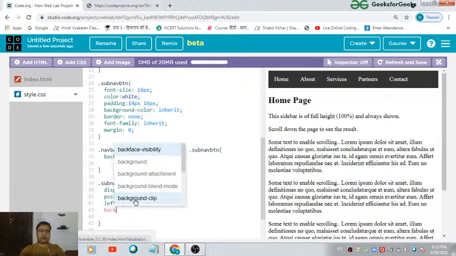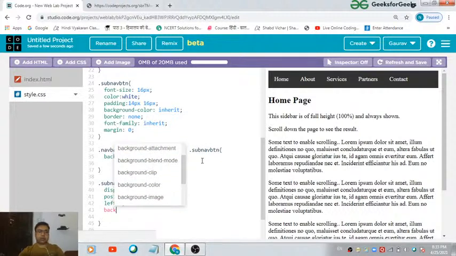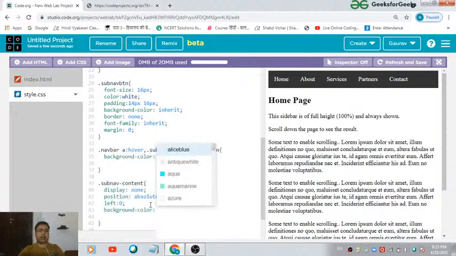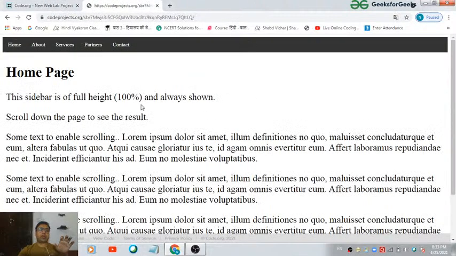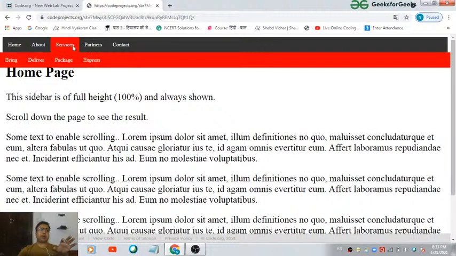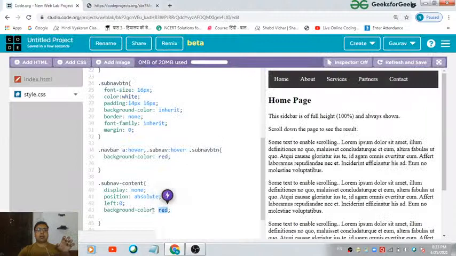After that, let's define the background color also for this submenu. So I would like to have a background color of red. Why am I defining this value red over here? Because if you bring your cursor on any of these components, the submenu will appear and it is red in color. That is the reason I have defined red as a value for the background color for this sub navigation